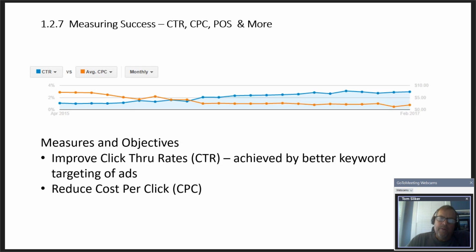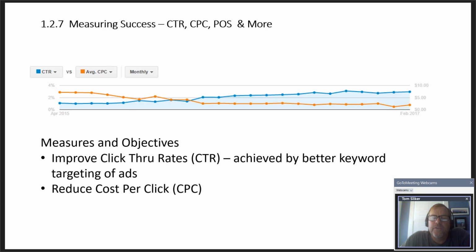So in this case, we're looking at these two terms, click-through rate and cost per click. And I just picked this example because it's a good example that shows what we want to do all the time, and one of our steady goals, which is we want the click-through rate to